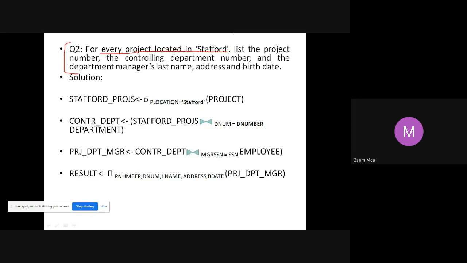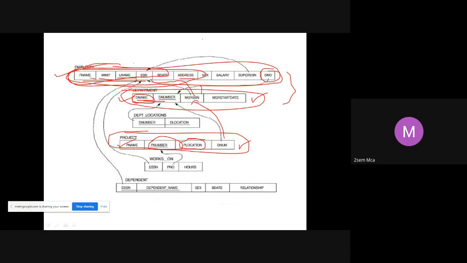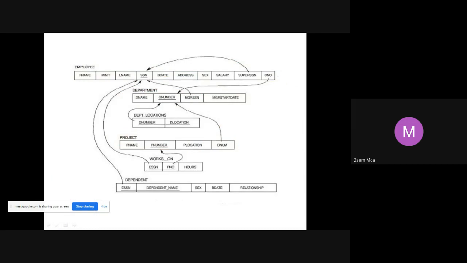Either in SQL you do it like that, or in relational algebra, both ways. Whenever you try to solve a complex query, it's always better to do it like that. So the first step is I have to find out all the projects that are there in Stafford. So I will write a query.